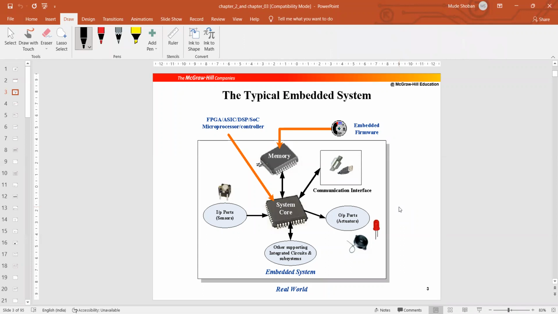This unit, memory and system core, right? It has I/O ports, sensors, output ports, that's actuator, and other supporting integrated circuits and subsystems, right? So in which